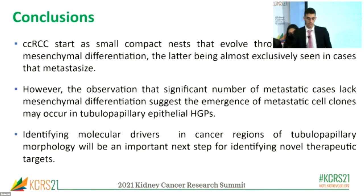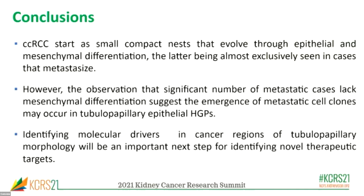So as a conclusion, clear cell RCC starts as small compact nests that evolve through two different pathways, epithelial and mesenchymal, the latter being almost exclusively seen in cases that metastasize. However, half of the metastatic cases that we had did not have this mesenchymal pathway, showing that there might be an emergence of metastatic clones within the tubulopapillary histologic growth pattern regions. So the next step would be to identify the molecular drivers in these tubulopapillary regions and maybe identify novel